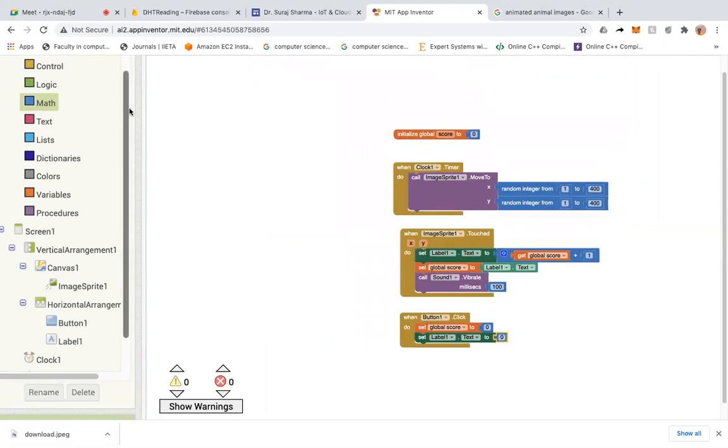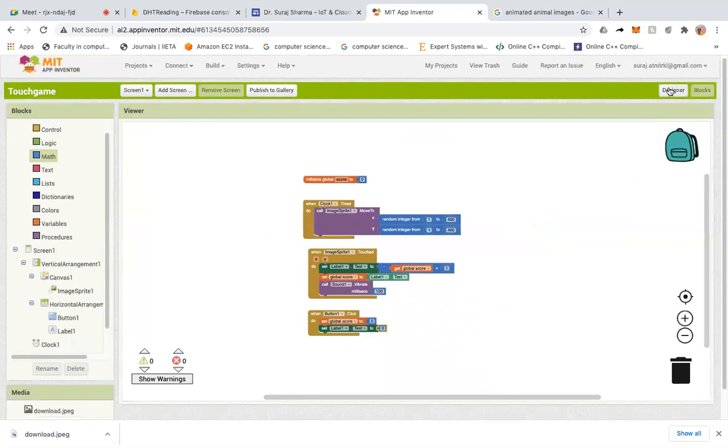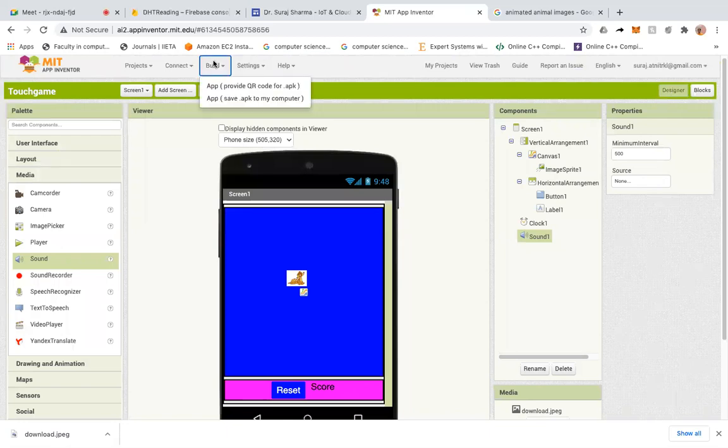Now let's go and try to build it. Go to Build and then APK.